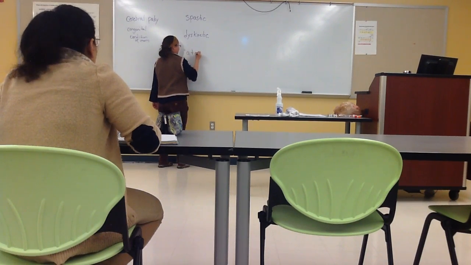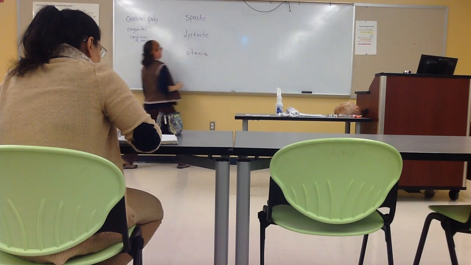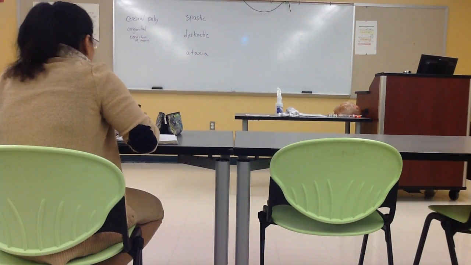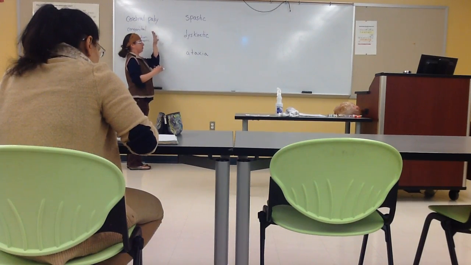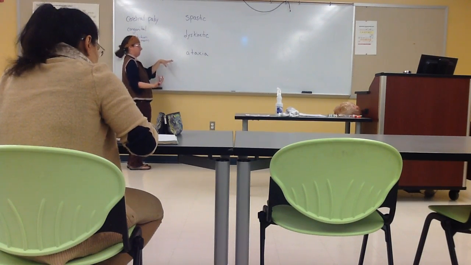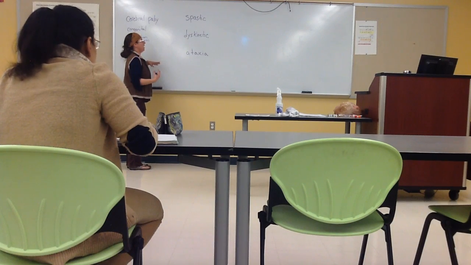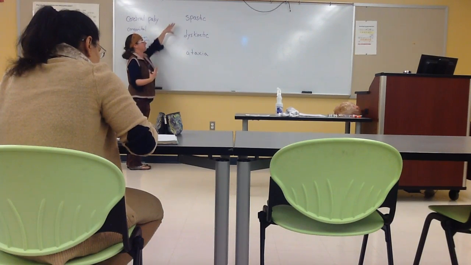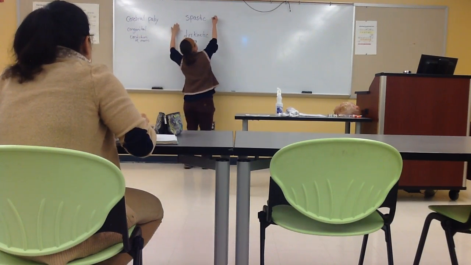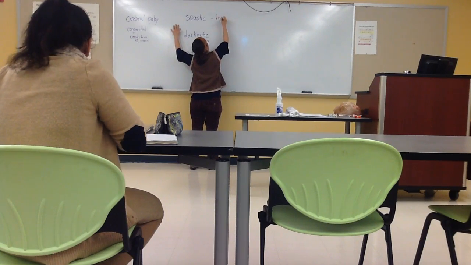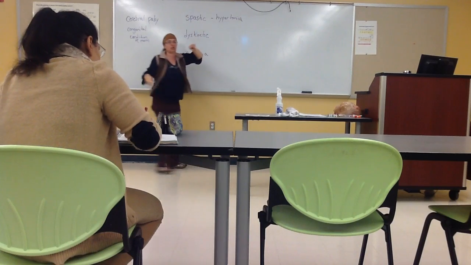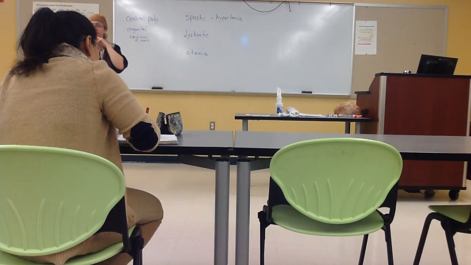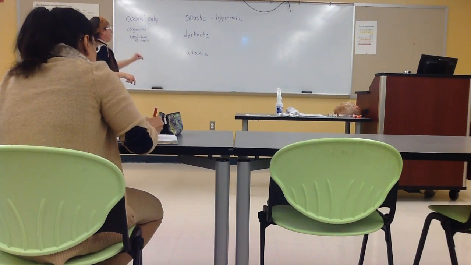Or ataxia. All right? So those are the three types of cerebral palsy, how it can manifest. All right? Now, when we're talking about spastic, this is due to hypertonia, which is getting to your question. All right? Hypertonia